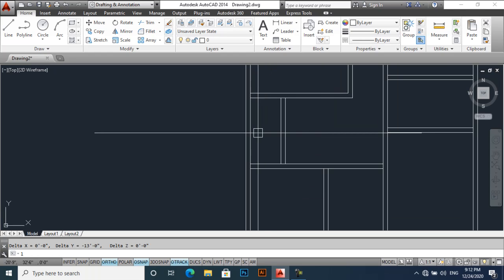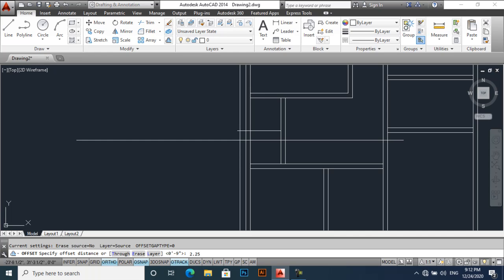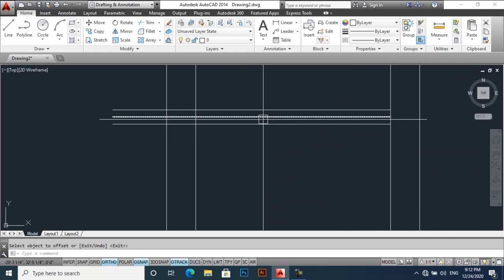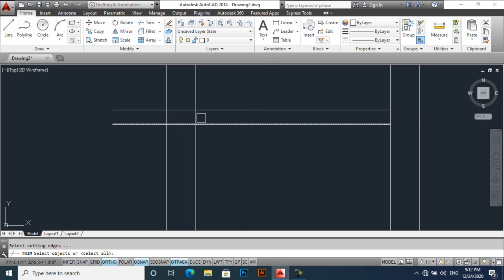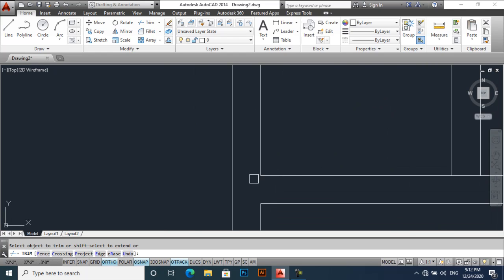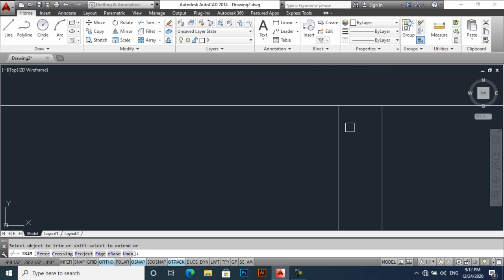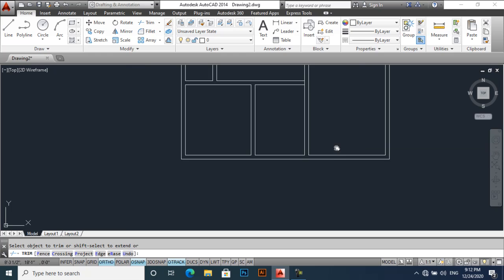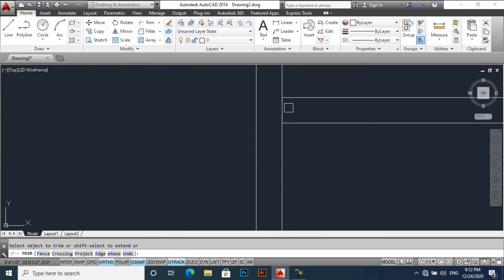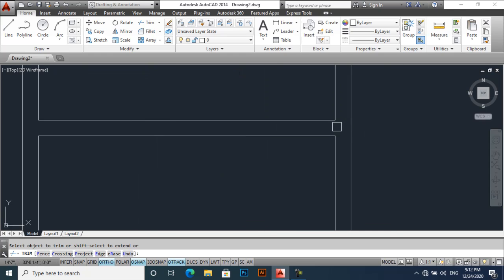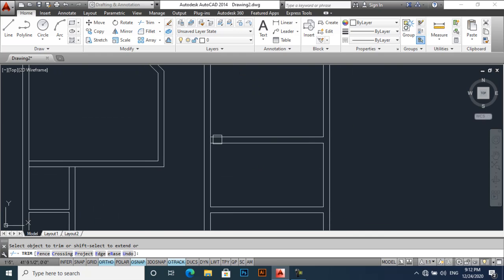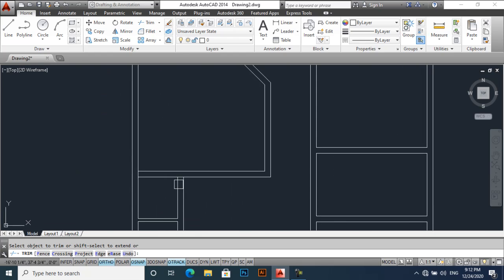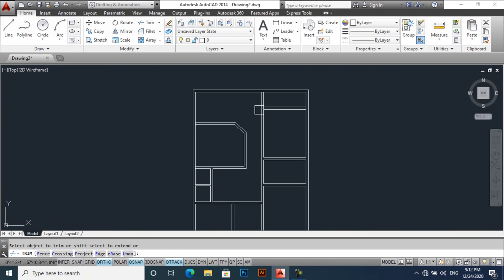Now the lines offset 2.25 to each side, so our wall size will be 4.5 inches. Let's make it clear with trim tool, and then we will draw doors, windows, ventilators, stairs,